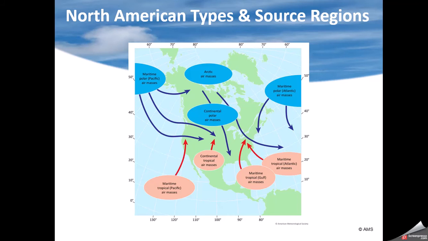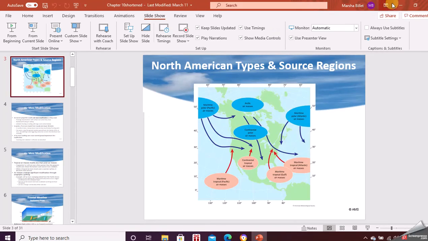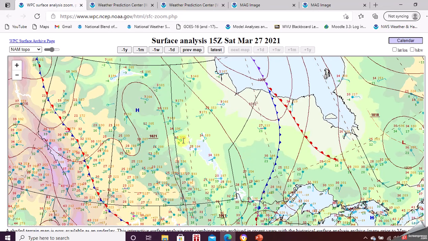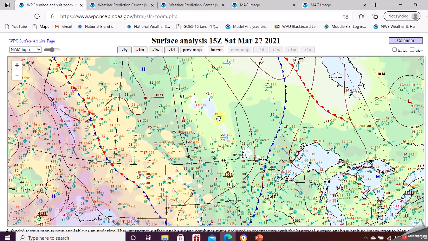So if you were to look right now, for example, you would find a continental polar air mass forming, developing over Canada right now, kind of inching into the U.S. a little bit. Temperatures are generally in the teens, even below zero in some places up here, and 20s, and the dew points are all in the teens or single digits. So it is a continental polar air mass. Nice high, 1021 high with it.